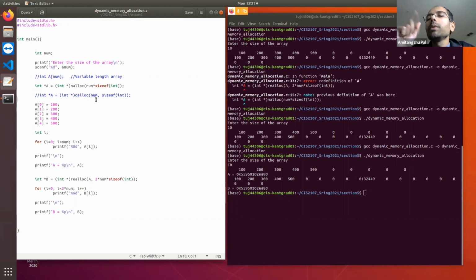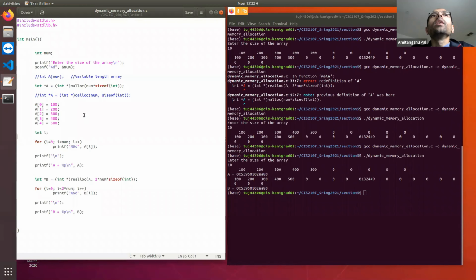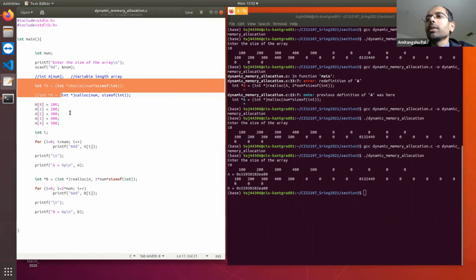In dynamic memory allocation, if you allocate the memory inside heap, it will remain allocated until and unless you explicitly deallocate or free it. Okay, even if you call it inside a function, and even if you come out of the function, still the memory will remain allocated inside heap. Okay, this is the difference between the way arrays are stored inside stack and the way dynamic memory allocation happens.